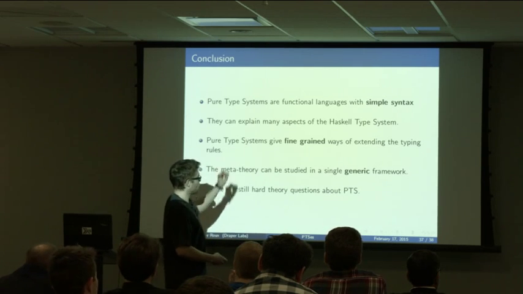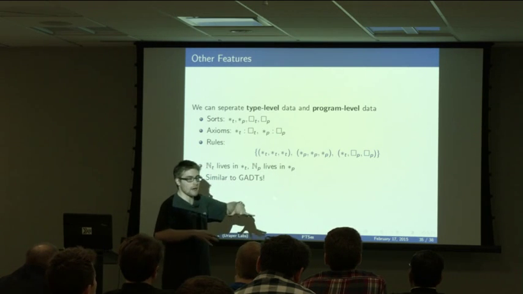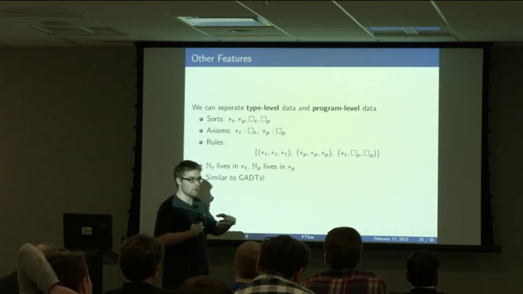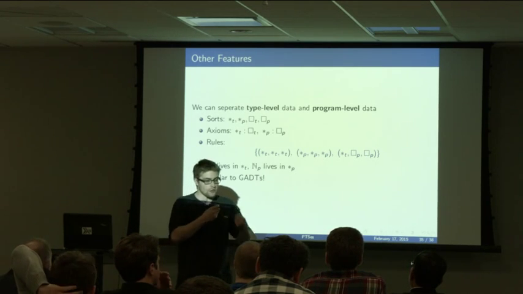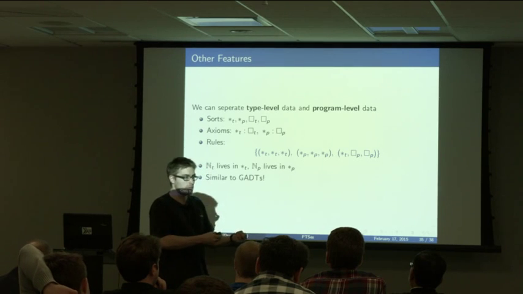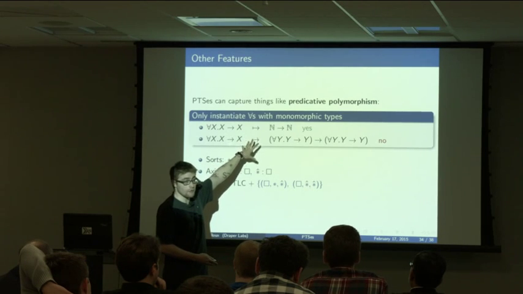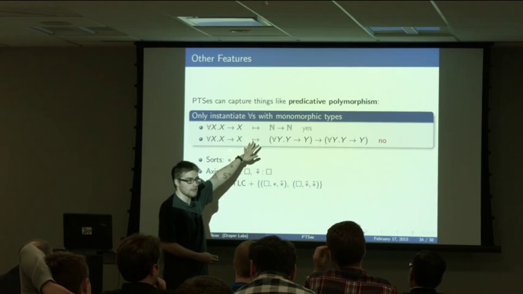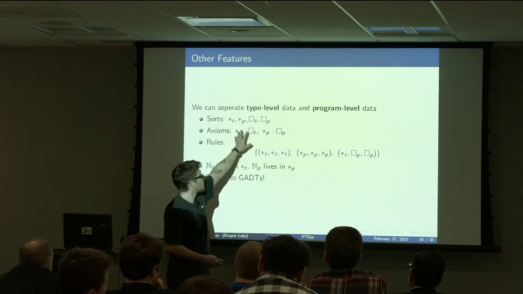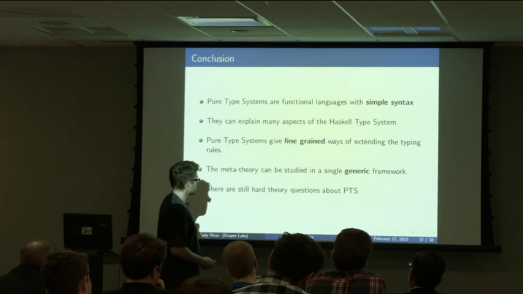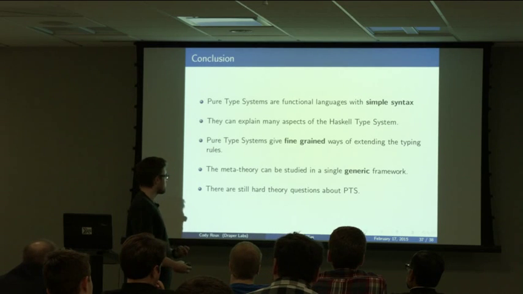And they're fine-grained, so you can use these tricks to limit the amount of power you have, and so help the programmer control this crazy power of dependent types. So you can force monomorphic types. Typically, if you want to infer types, then that might be a good idea. You can separate type-level data and term-level data. So this is a really neat feature that's enabled by this very simple framework.